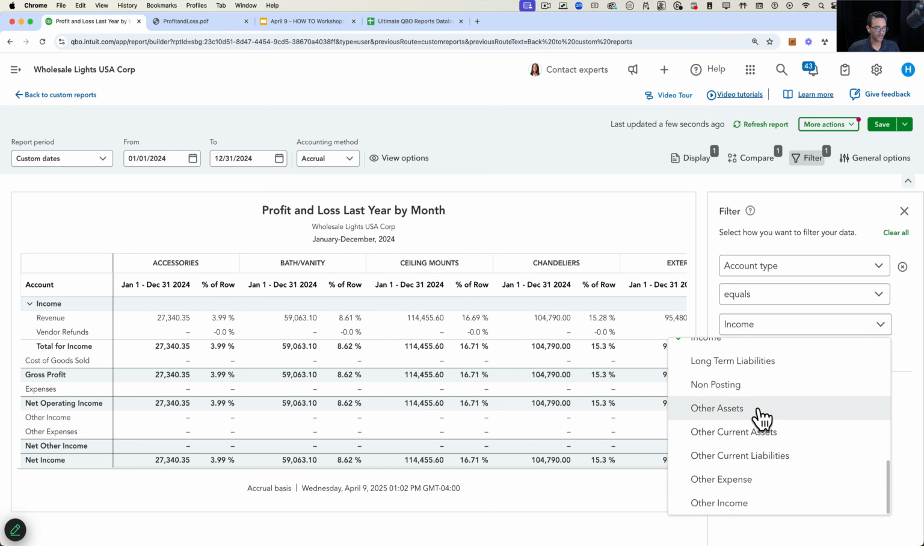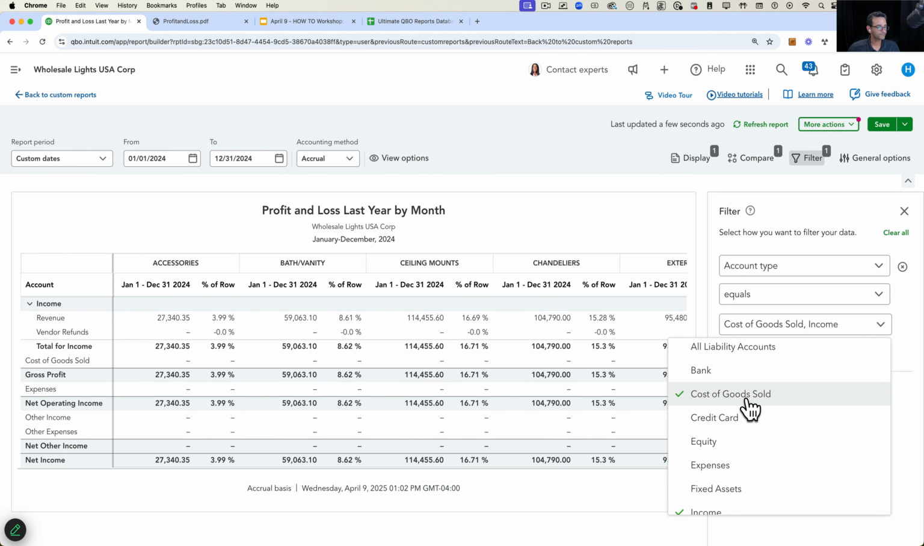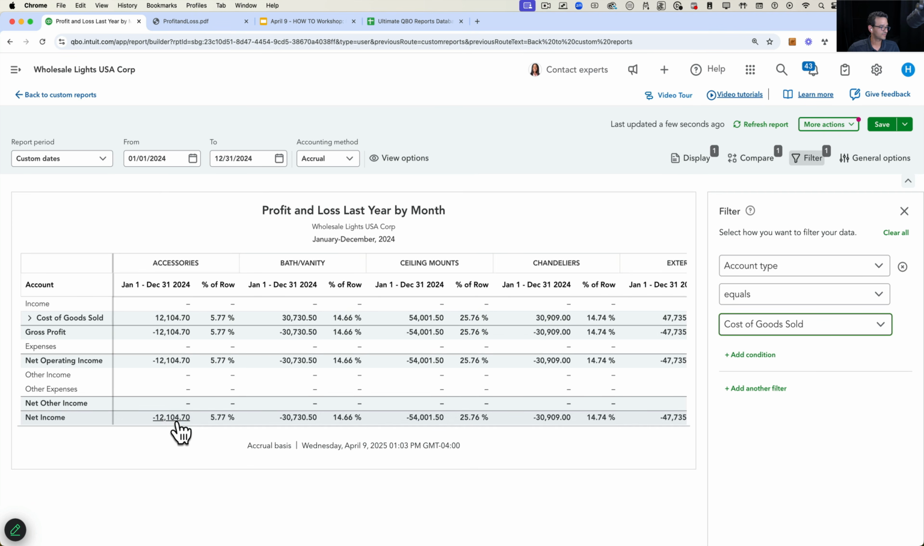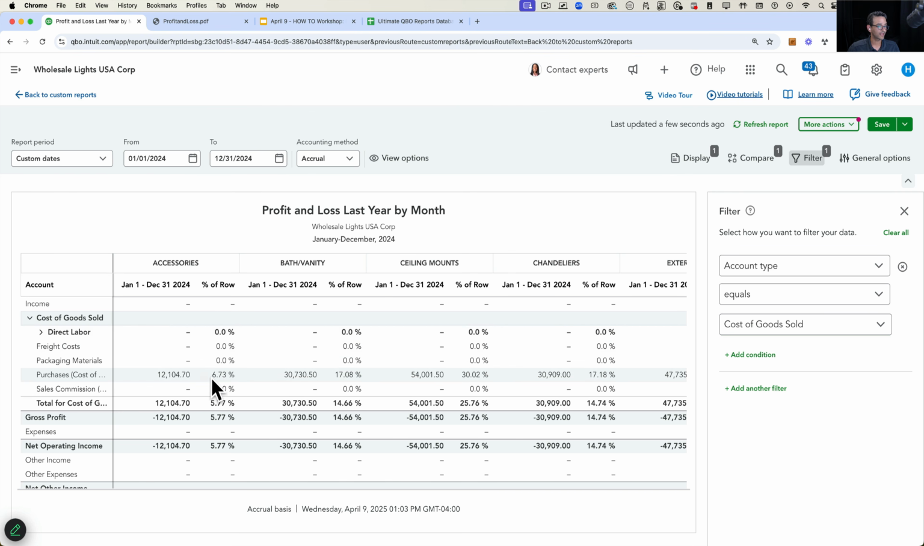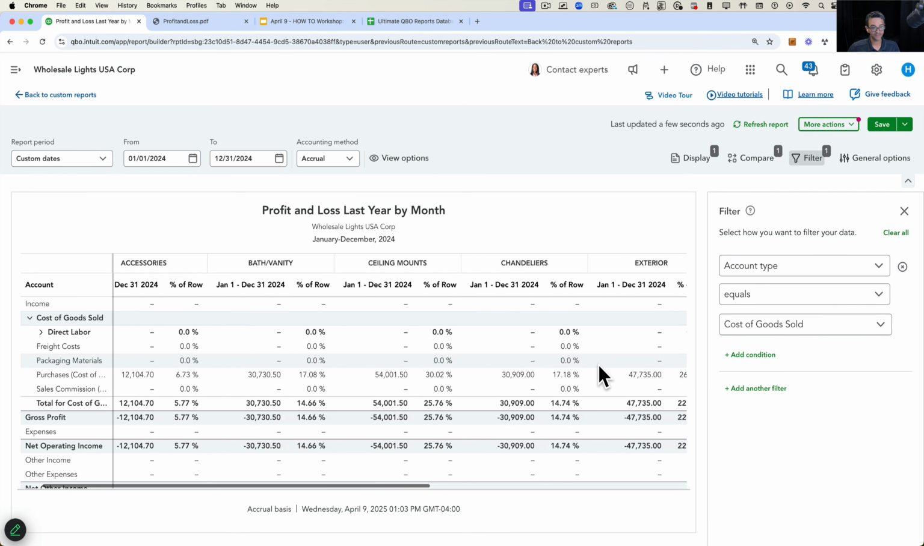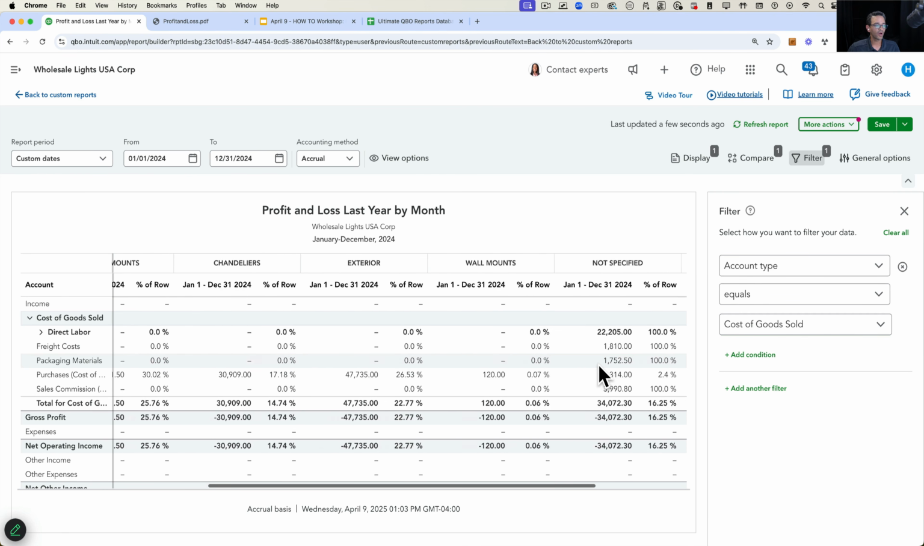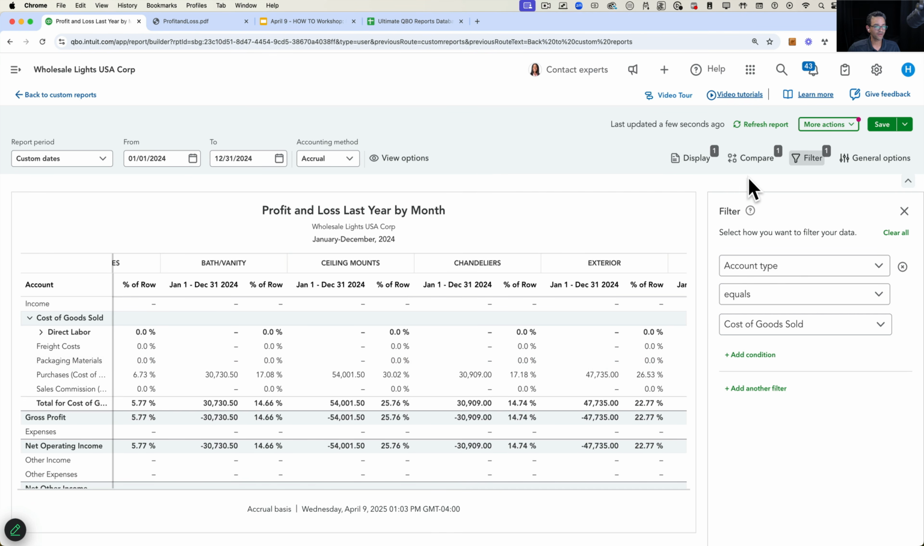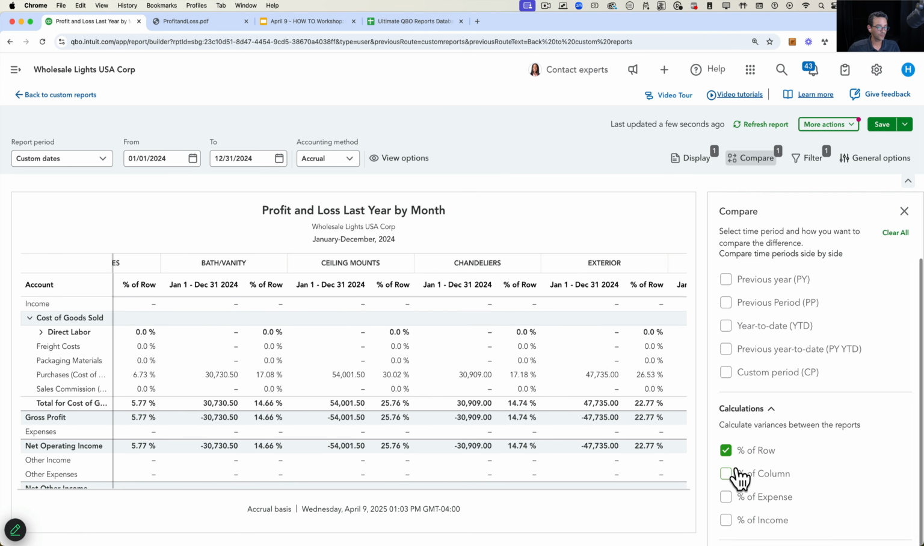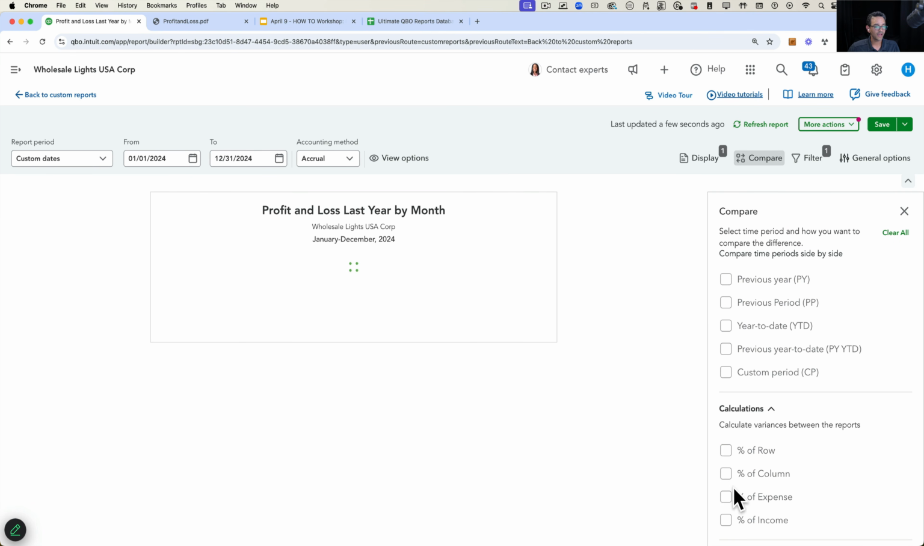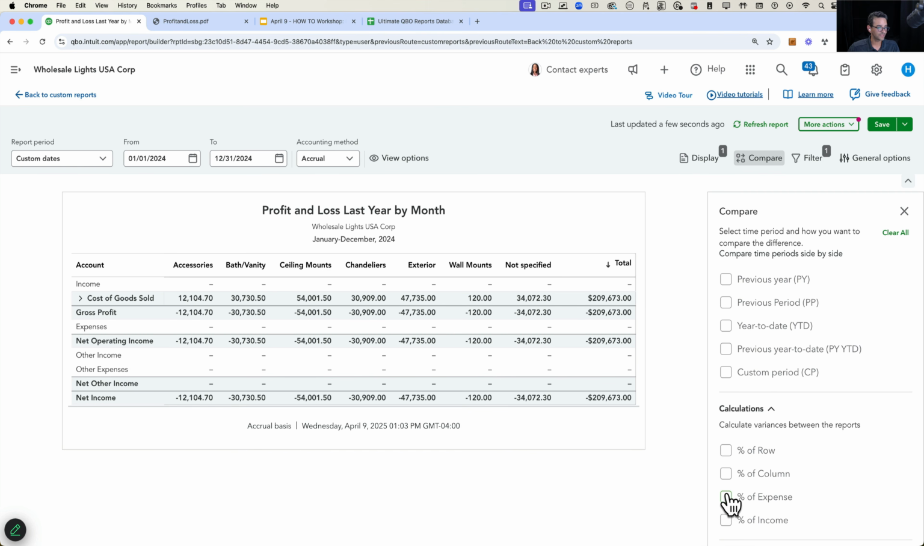Let's do cost of goods sold instead, and remove income. And then we get to see only cost of goods sold. So we can expand it, and then we can see by category what percentage, in this case, what percentage of the row. But if I go back into comparison and I don't do percentage of row, and I do, in this case, percentage of